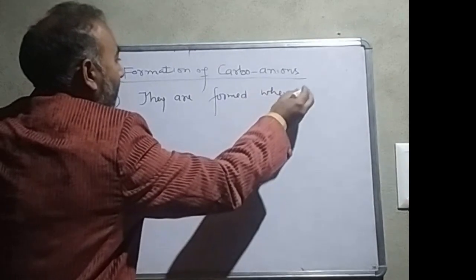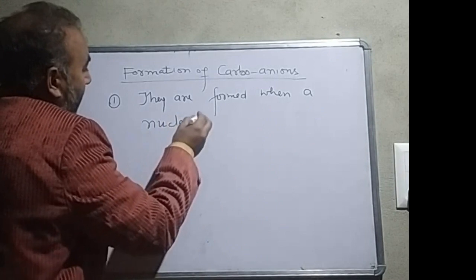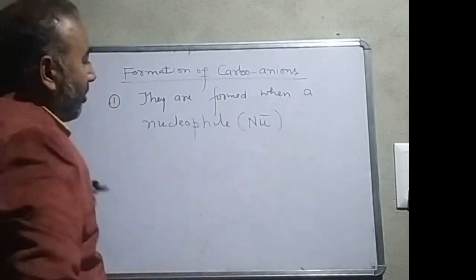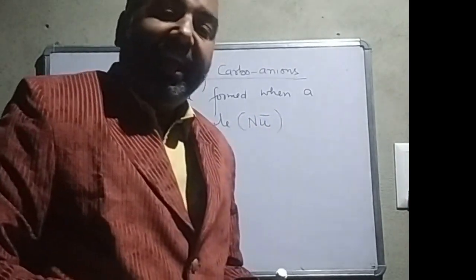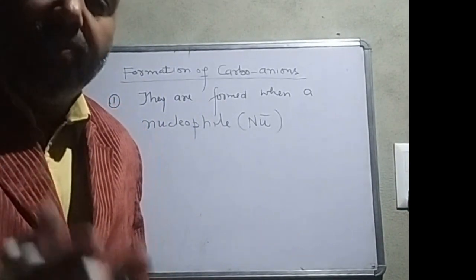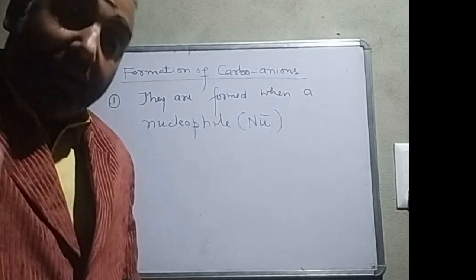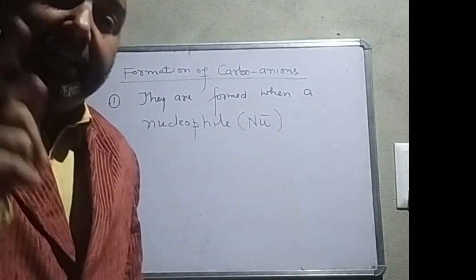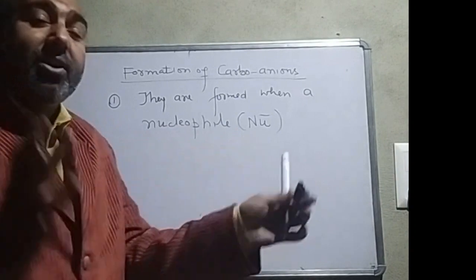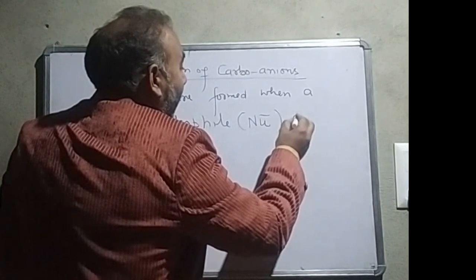when a nucleophile, which is denoted by Nu negative, any electron rich species, that's called a nucleophile, nucleus loving, that attacks in the substrate where there is positive charge, that we call nucleophile. The electron rich, they are formed when a nucleophile adds to